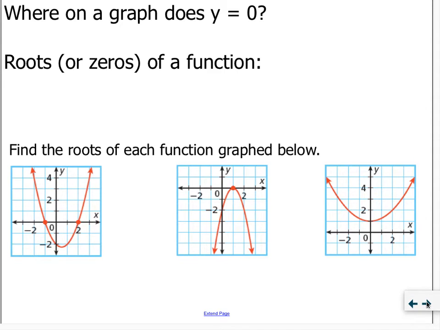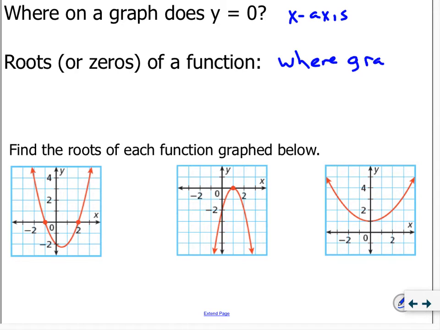All right, so we hit axis symmetry. We're good with that. We hit vertex. We're good with that. Where do you go on a graph for the y value to equal 0? Well, think about it. The y equals 0, that's where you're on the x-axis. So now we're going to bring back something from last unit, the roots of an equation, or the zeros of it. The roots of the function